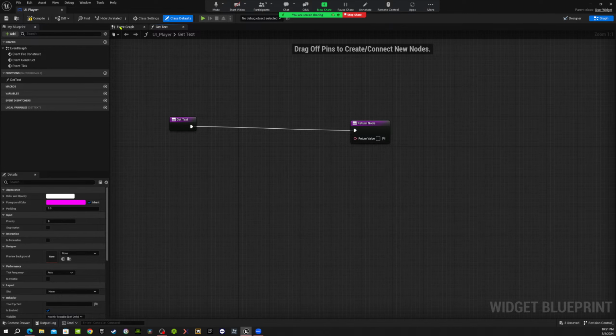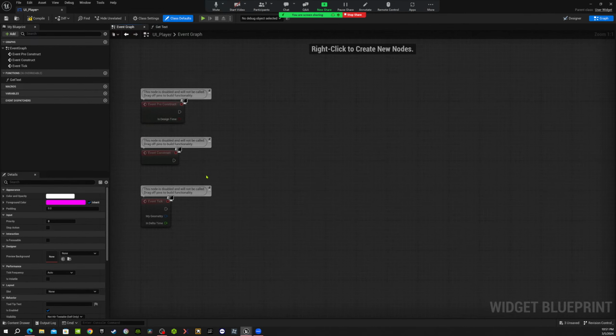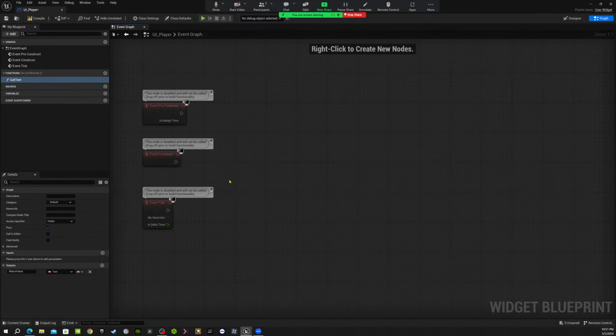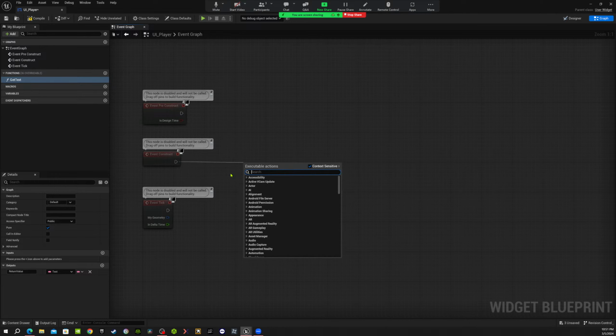the function. As we have two tabs here, this is our function, so I can close this one. We always have this function here because that's what we're creating. But there's an event graph too. So on Event Construct, when the widget has been created,